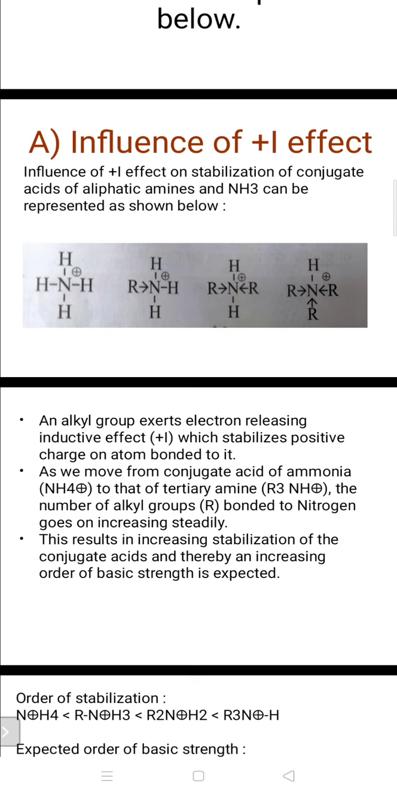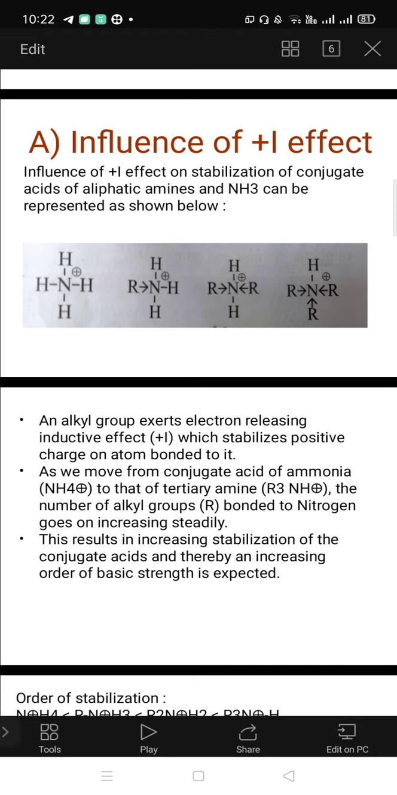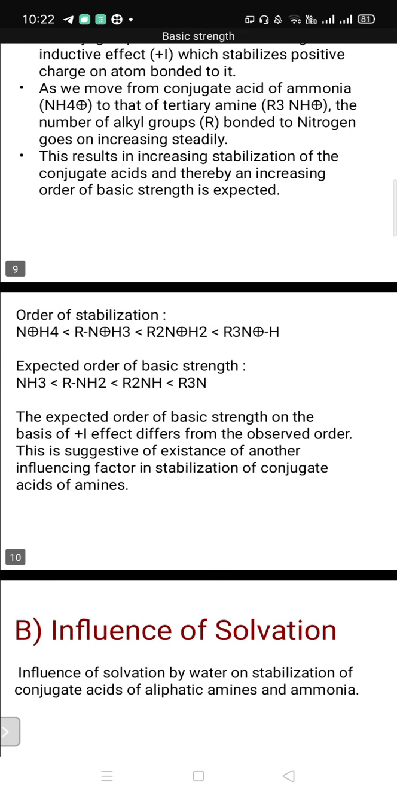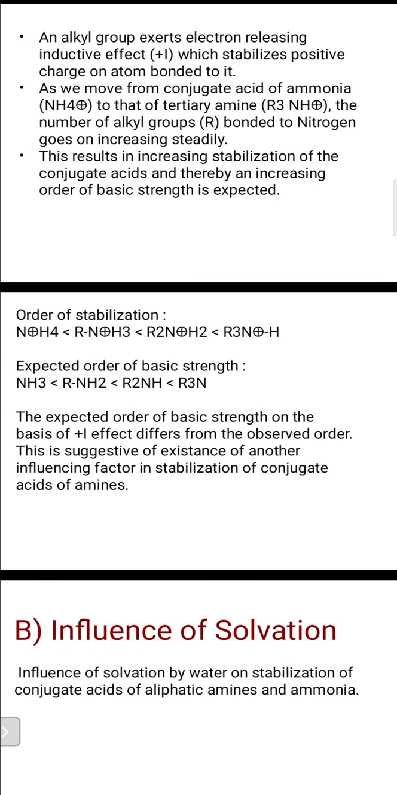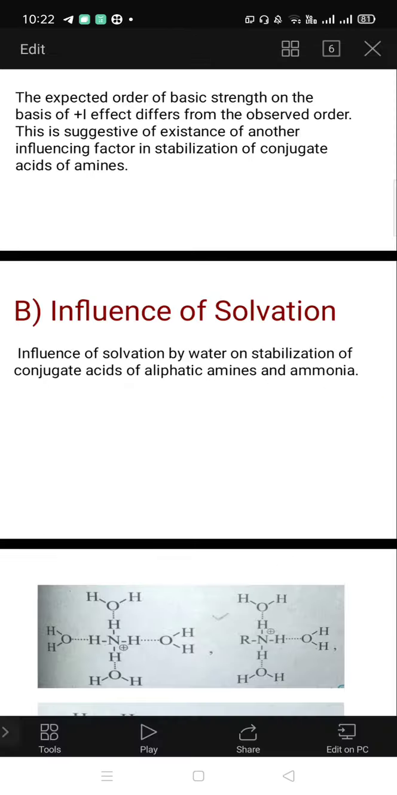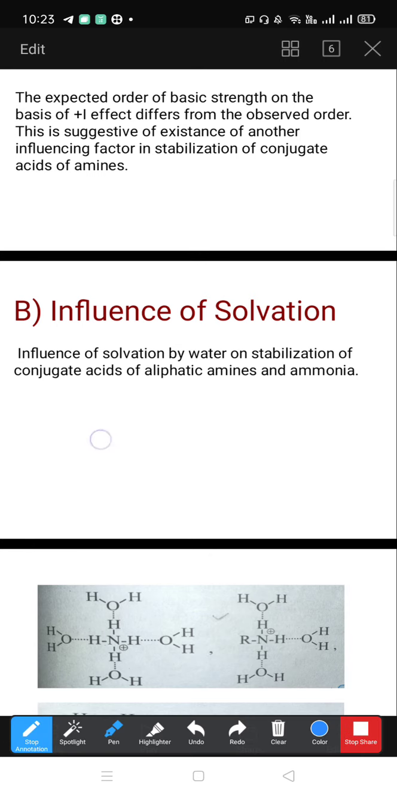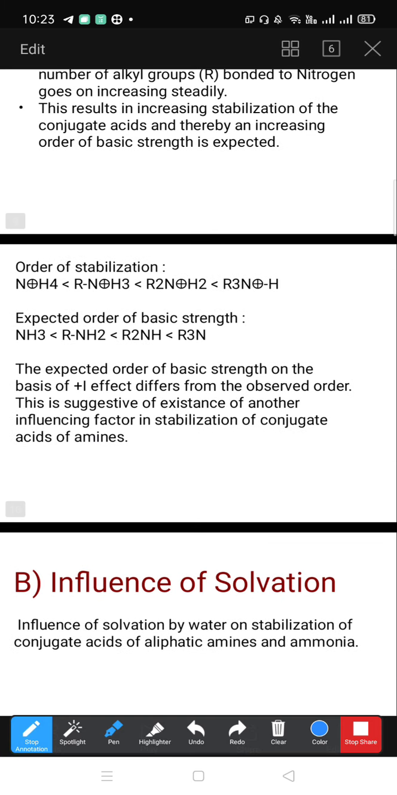So this is the natural phenomenon. As the number of alkyl groups increases, their stabilization also increases, meaning stabilization of the conjugate acid also increases, and the basic strength of the amine also increases. The order of stabilization is that the ammonium ion has a lower order than that of RNH3 plus, less than that of the secondary ammonium ion R2NH2 plus,